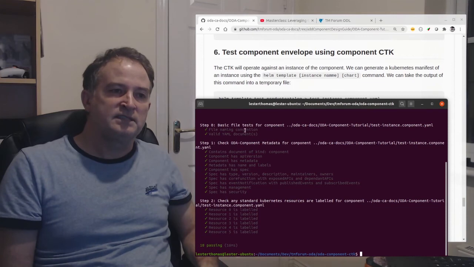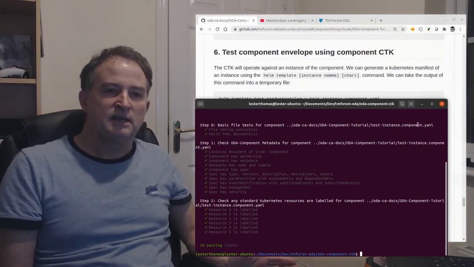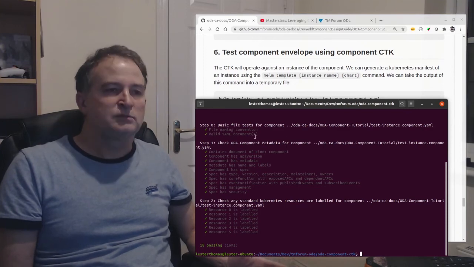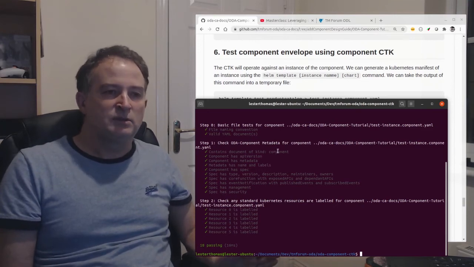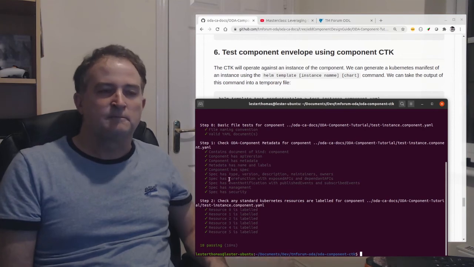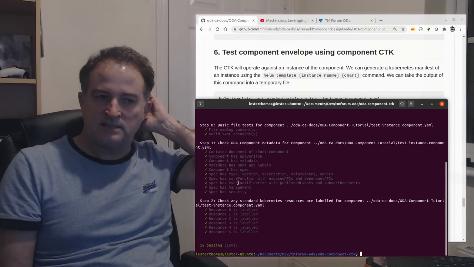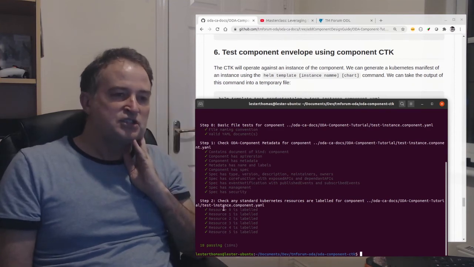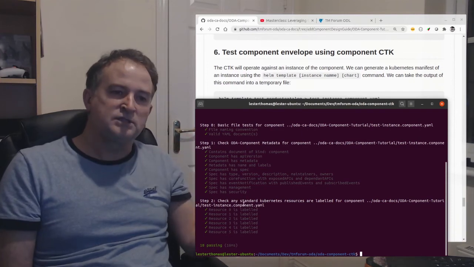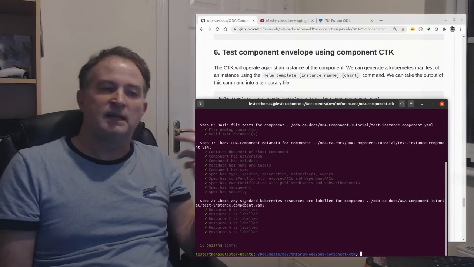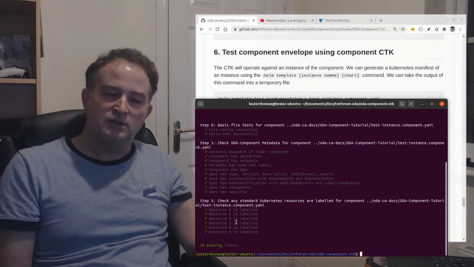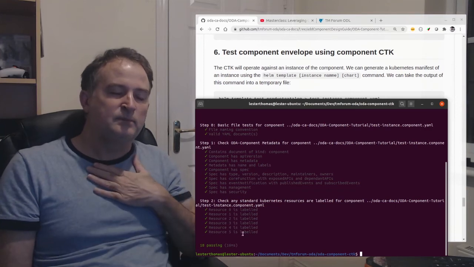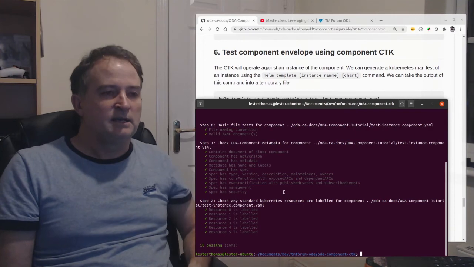So it's doing some very basic file tests that it is a valid name for a component, because we tend to use this as a standard naming convention for components. It's a valid YAML document, and then it's testing the metadata that we added. So it has a document of kind component, which has an API version, metadata, labels, and a spec, and it's expecting the spec to have these standard resources. And then finally, step 2 is it's checking that any standard Kubernetes resources are labeled, so they're showing that they belong to that component. And you see the deployments, the persistent volume claim, the services, they were all correctly labeled as belonging to that component. So this has magically passed the